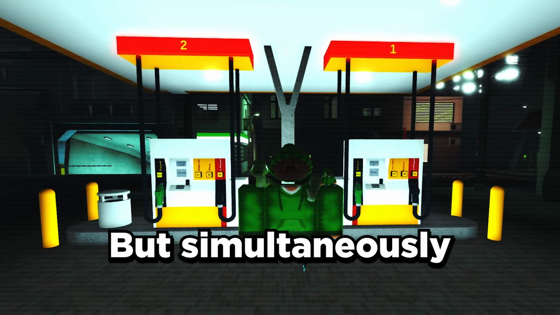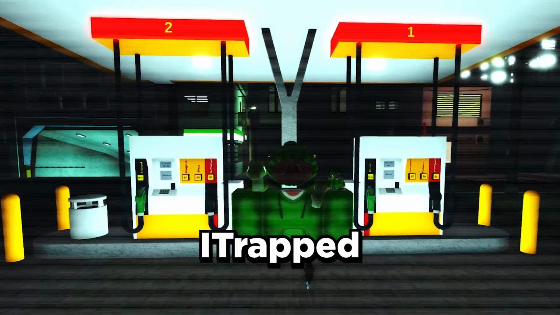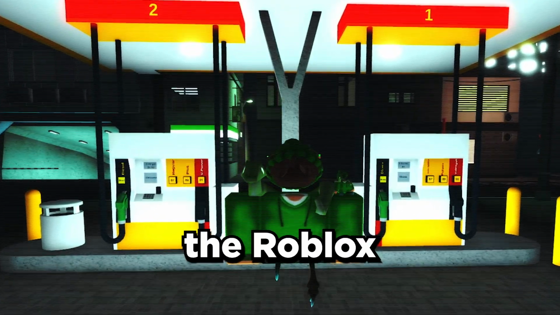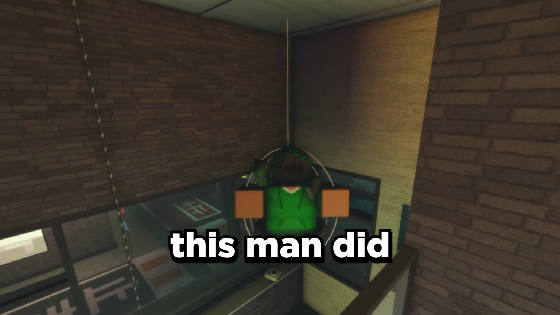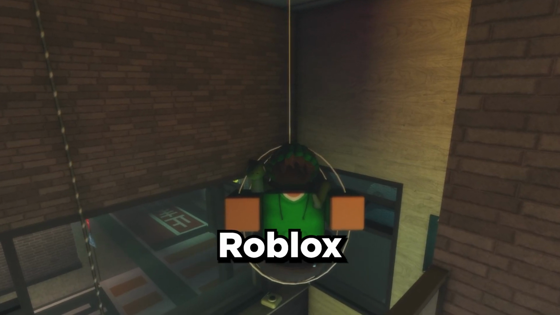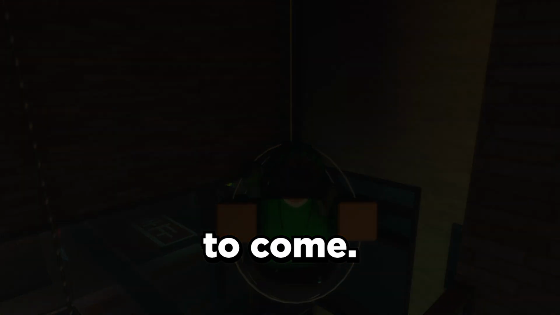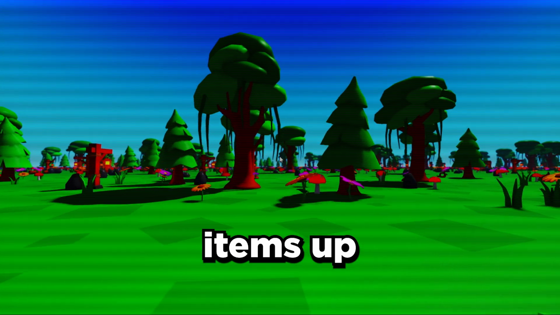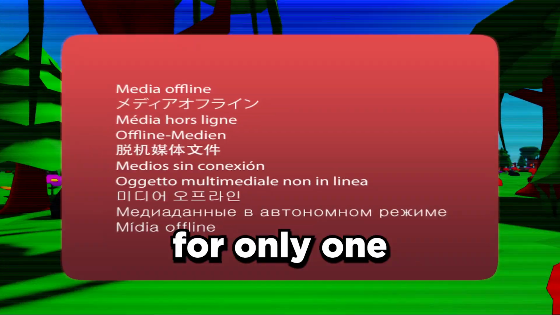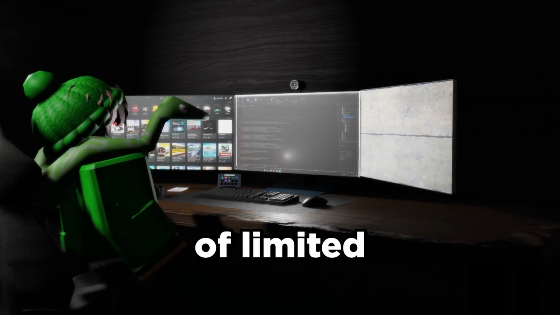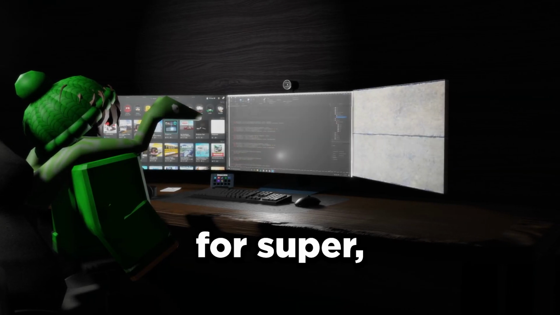But simultaneously, as all of this was going on, I Trapped was onto the Roblox catalog, and what this man did would end up breaking Roblox for weeks to come. He would end up putting a ton of items up for sale for only one single Robux. He first started by releasing a ton of limited items for super cheap.